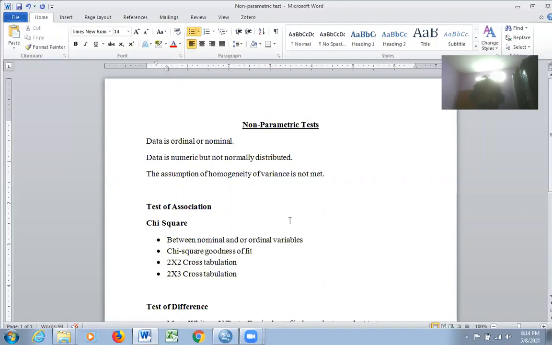Then in the last two sessions, we discussed various parametric tests. What are those tests? On what occasions are we supposed to conduct those parametric tests? And we saw a live demonstration of all the major parametric tests. In this particular session, I would like to concentrate on non-parametric tests.